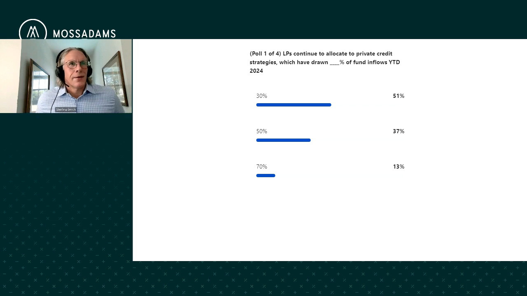Okay, interesting. I think most on this call will be surprised to hear the actual answer is 70%. So over the last, call it 18 months, there's been a rotation from limited partners' general allocations to what's called alternative investment classes. So again, maybe a little surprise to most of the folks here based